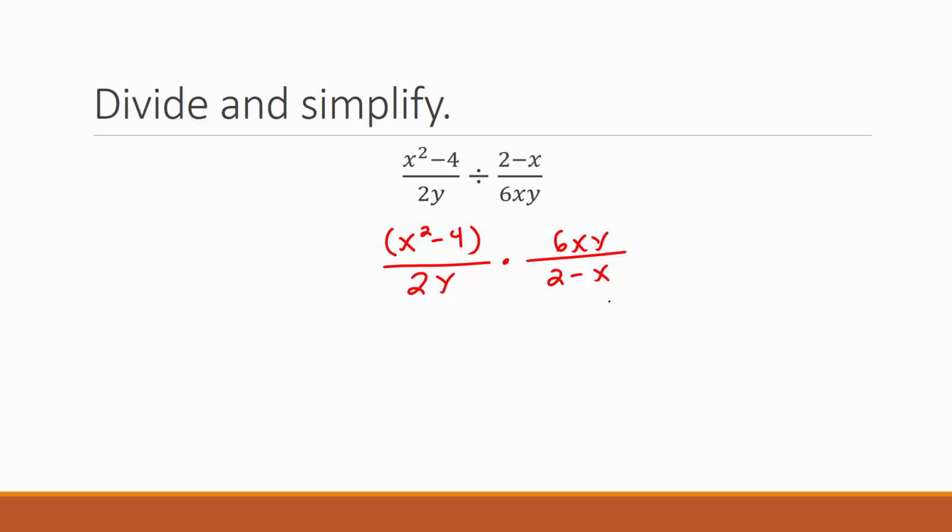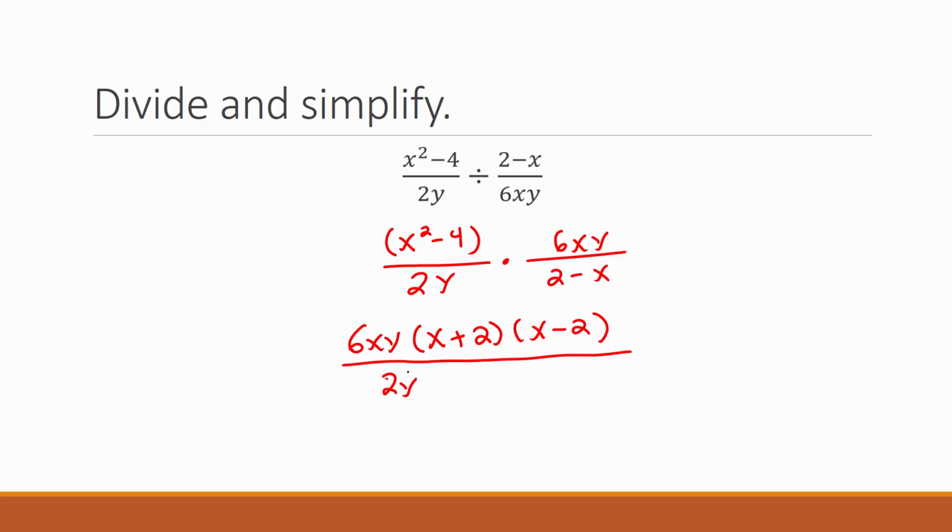Now, after we rewrite this in the multiplication form, then we need to factor difference of squares. x squared minus 4 factors to x plus 2 times x minus 2. Now I'll just write the monomial of 6xy out in front. And then we have 2y